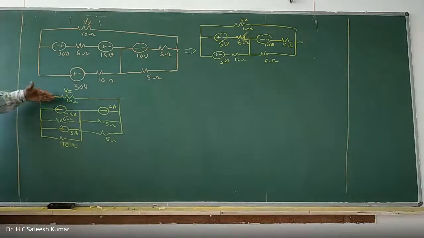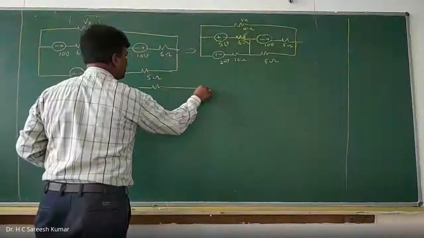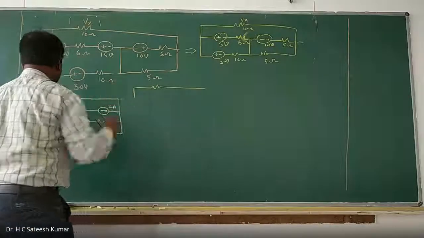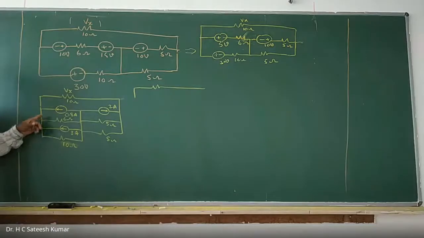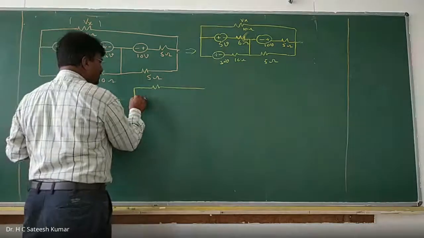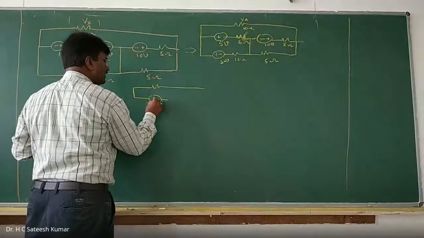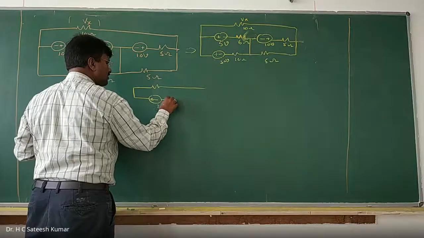Now, the current sources are in parallel. Convert them. Okay, what is that? Simplify them. We have a resistance, which you retain as it is. Next, what should you do? Current 3 amps towards left and 0.8 towards left. 3 plus 0.8 is 3.8 amps. You should add them, since they are in the same direction. 3.8 amps towards left.